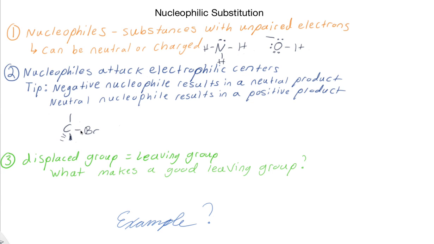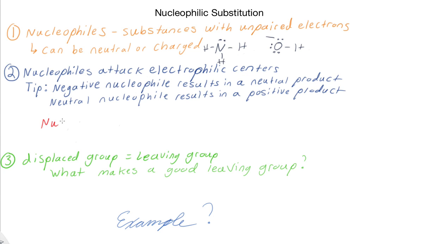But I don't want to get into mechanisms. I just want to let you know that if we have a negative nucleophile, such as hydroxide, we will get a neutral product. And if we have a neutral nucleophile, such as ammonia, we will end up with a positive product. So if I just draw it really basic,